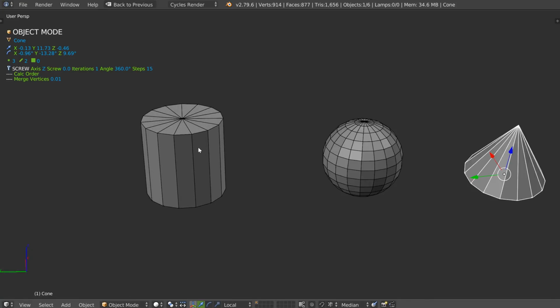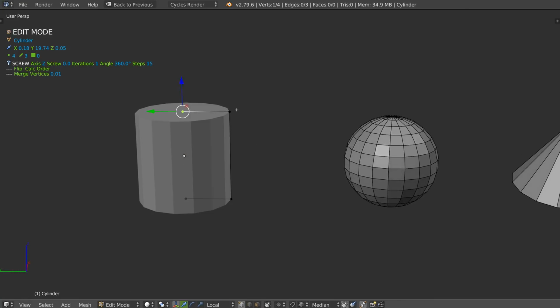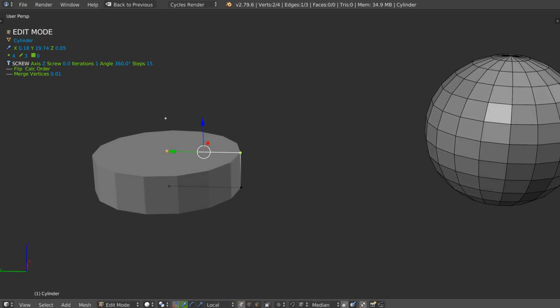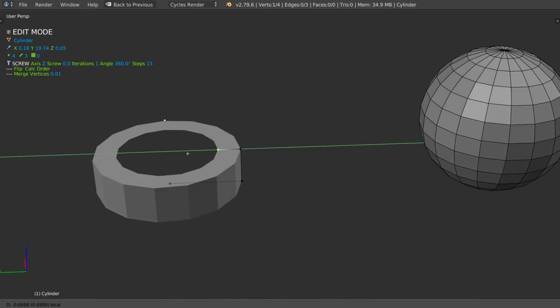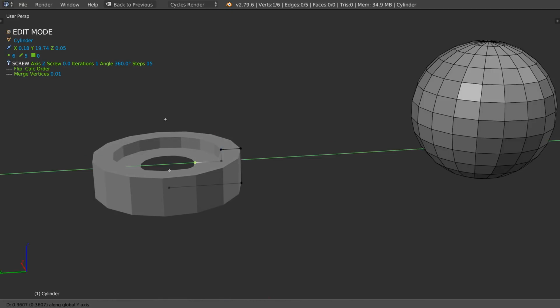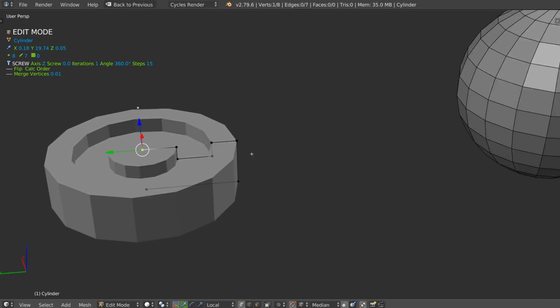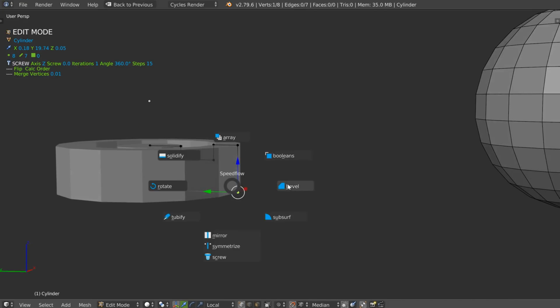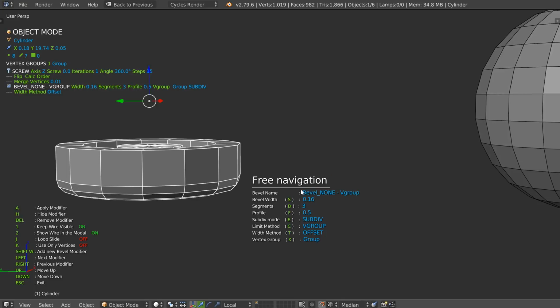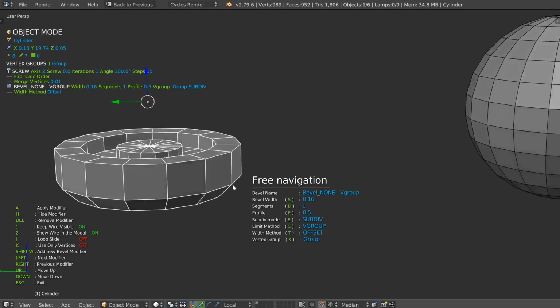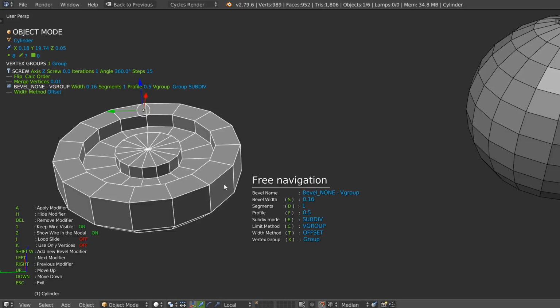For example, on this one, I can edit my primitive like that. I can edit it like that, press E, move this one, like that. I will activate the snap vertex, like that. So, here I'm able to add a bevel, I'm able to edit the segments of my bevel.